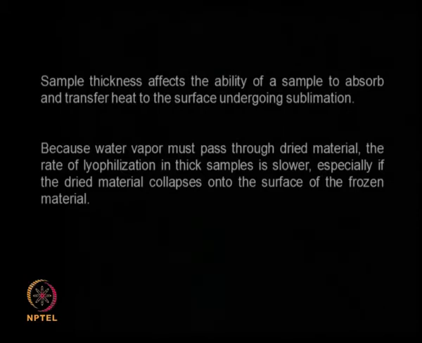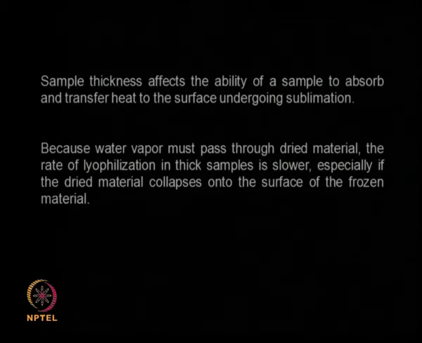So sample thickness affects the ability of a sample to absorb and transfer heat to the surface undergoing sublimation. So ideally I would like to spread it out on a large pan, so that the lyophilization is fast, and the thickness is also less, that is the frozen thickness. Whereas if I have a very small container, the area for lyophilization decreases, so sublimation is slower,